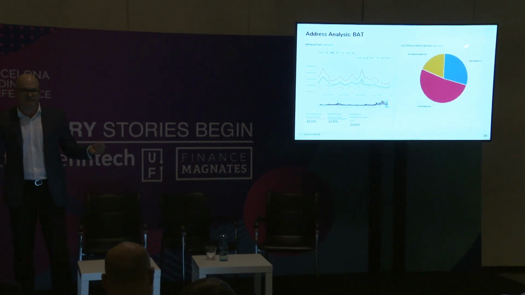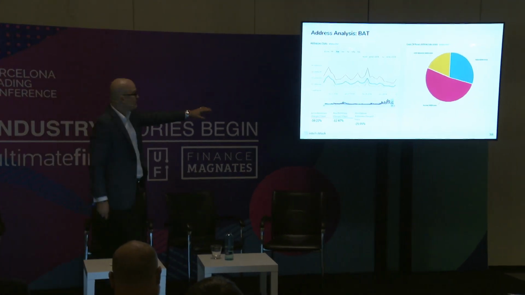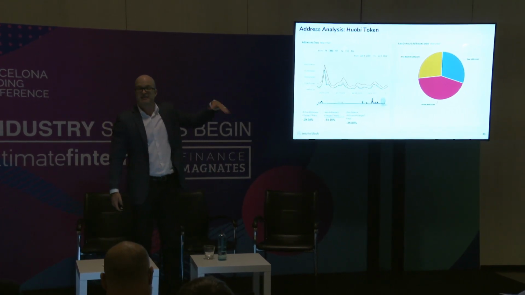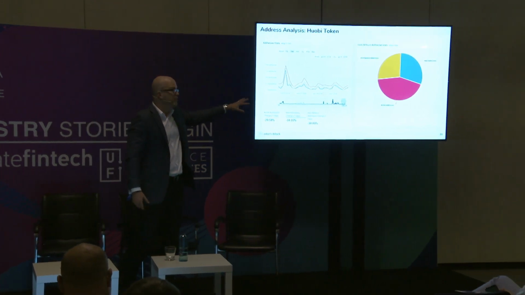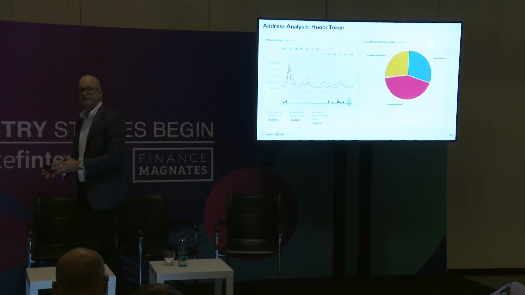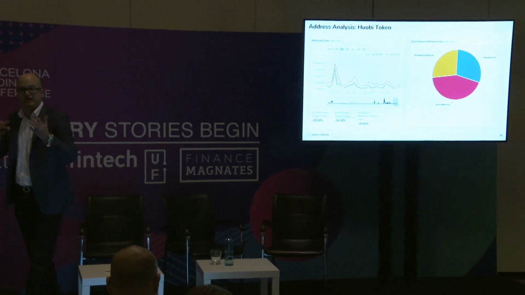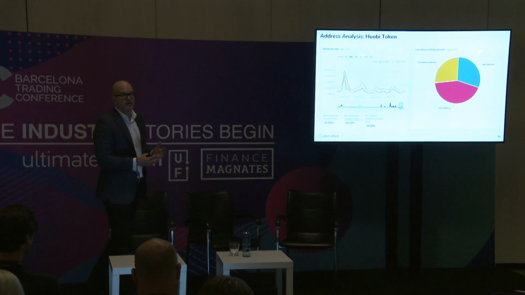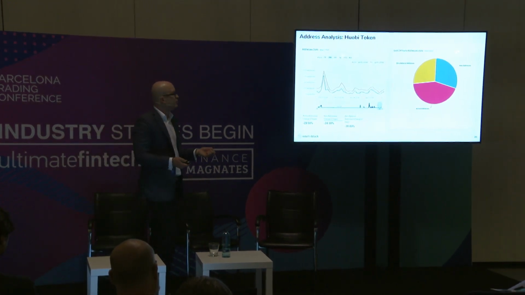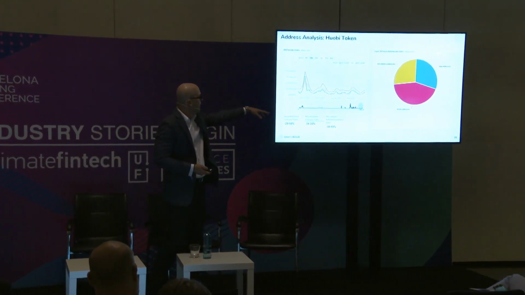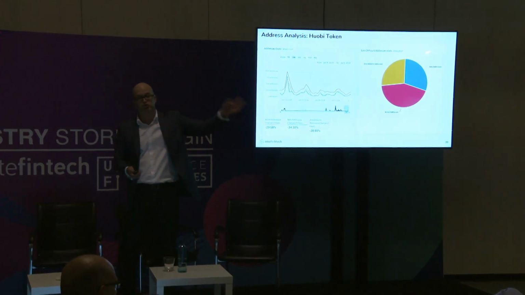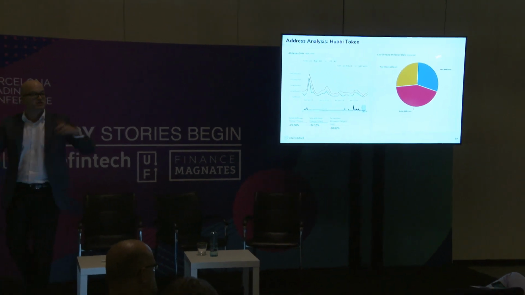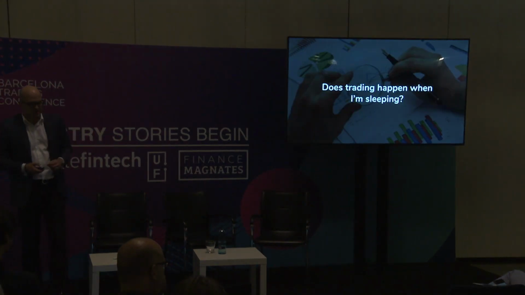This is BAT. This is a healthy token. It's adding more addresses than the addresses dropping out. This is Huobi. This is not ideal. The number of new addresses and addresses dropping out is correlated, almost one-to-one, so the network is not growing. Even if there are new addresses coming in, the same number is going out, and sometimes the yellow line is trending over the blue line, which means more people are getting out than coming in. Does that make sense? Cool.